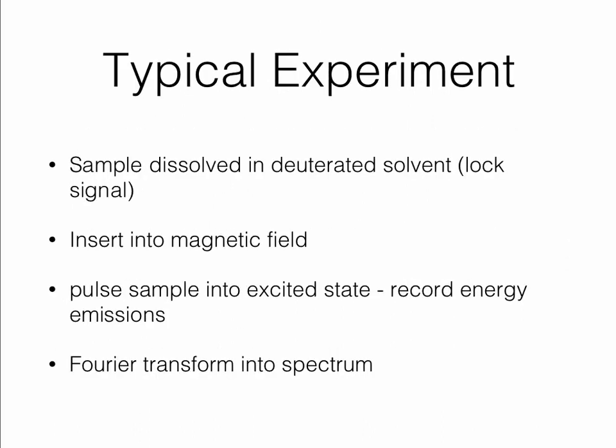So in a typical experiment, the sample's dissolved in a deuterated solvent. Why a deuterated solvent? Because you're going to take lots and lots of scans, and you don't want your magnetic field to drift. And so you take the frequency of your deuterated solvent and lock that and use feedback electronics so that the magnetic field does not drift during the lifetime of the experiment, which in some cases could even be several days. You insert that sample in a deuterated solvent into a magnetic field, lock on that deuterium so it doesn't drift,